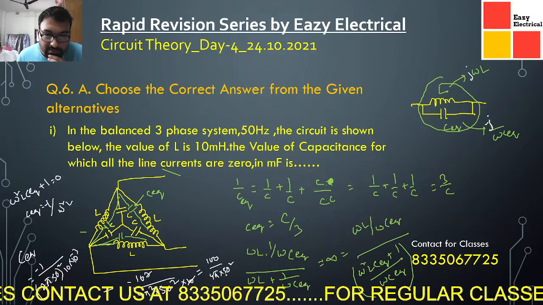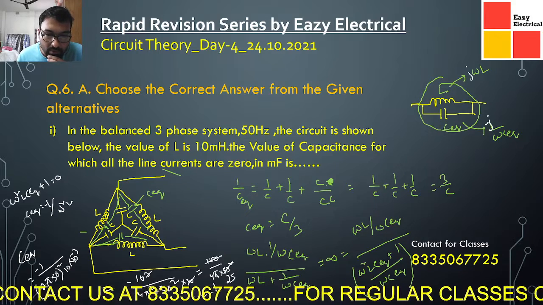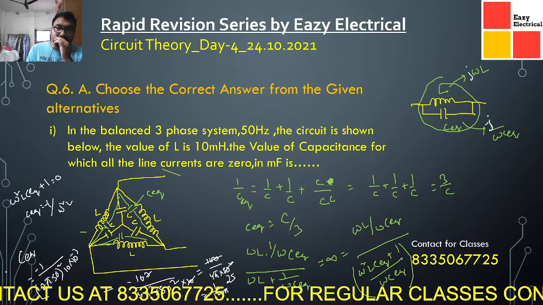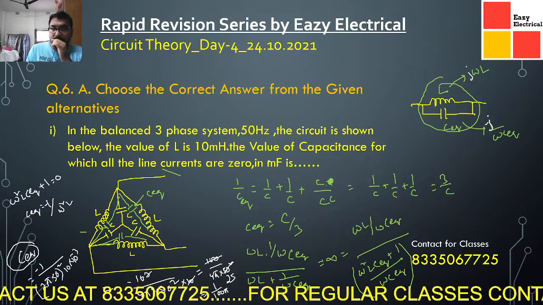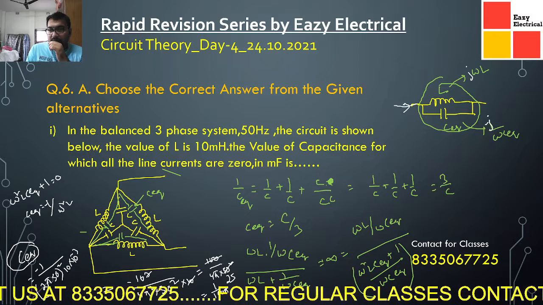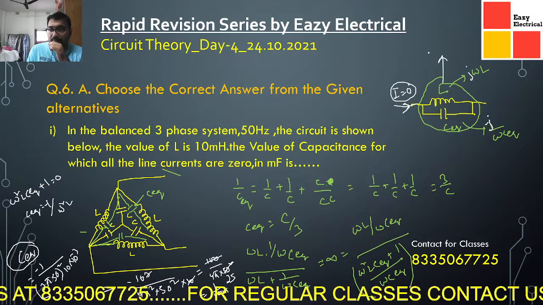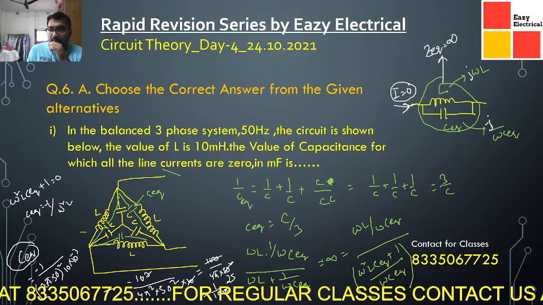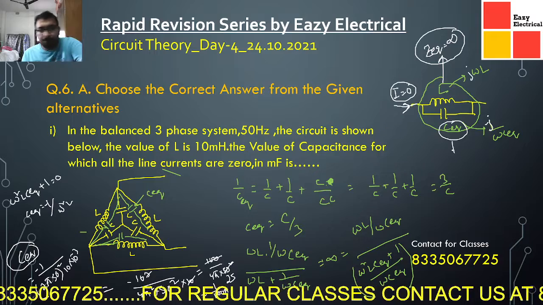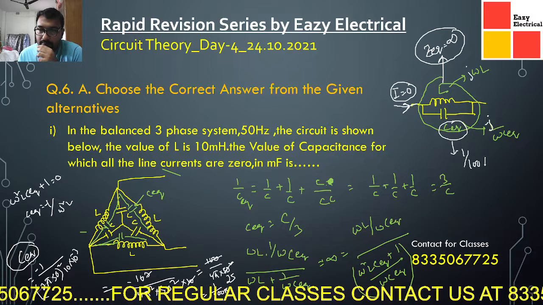So if you can see here, this is 25, so 25 will be getting here. So 1 by 100 pi, this 1 by 100 pi is the capacitance value that will make the line current through it 0. The statement is that in a branch whatever the current is coming, that is 0. That means whatever the Z equivalent is there, that has to be infinite. So for Z equivalent to be infinite, the C equivalent we are getting is 1 by 100 pi, right?